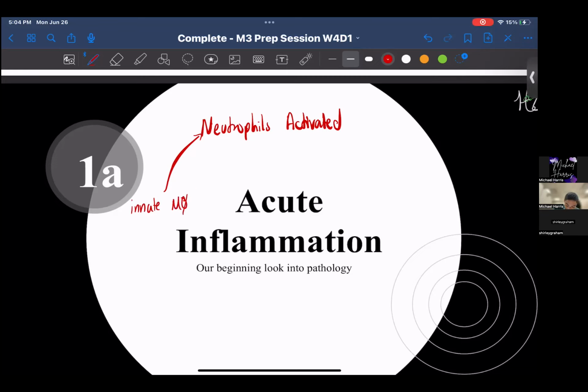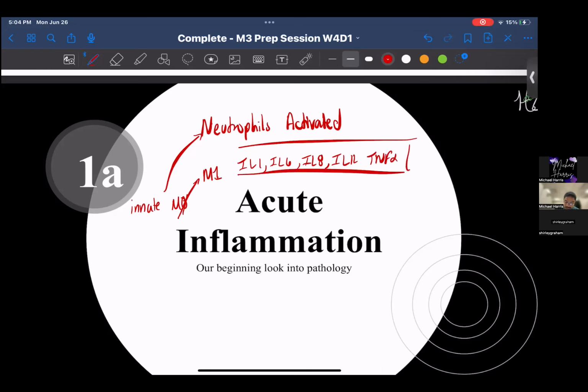The macrophages become M1, and that is what ends up bringing in neutrophils because they release IL-1, IL-6, IL-8, IL-12, TNF alpha. And this is what essentially allows you, particularly IL-1 and TNF alpha, to bring in neutrophils. Okay. So that's essentially how this is broken down. Now, with that being said,